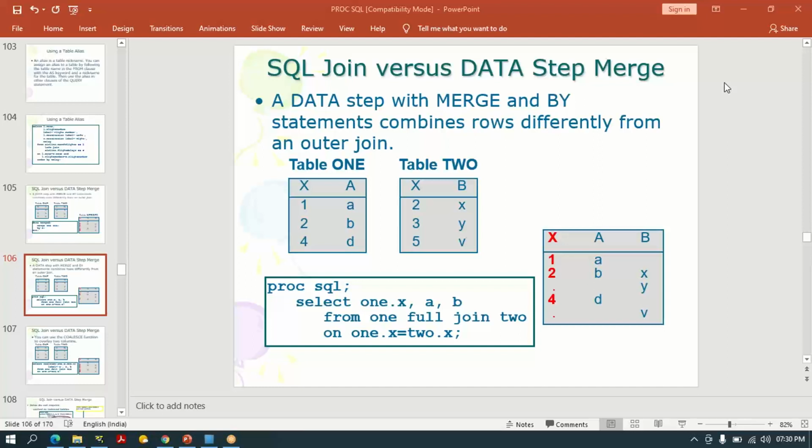Both will give the same results, depending upon what type of join you are using. If you use SQL and data step, both will give the same results. But performance-wise, in terms of calculation, you have to check. In a couple of scenarios the SQL join is more efficient, and in a couple of scenarios the data step is more